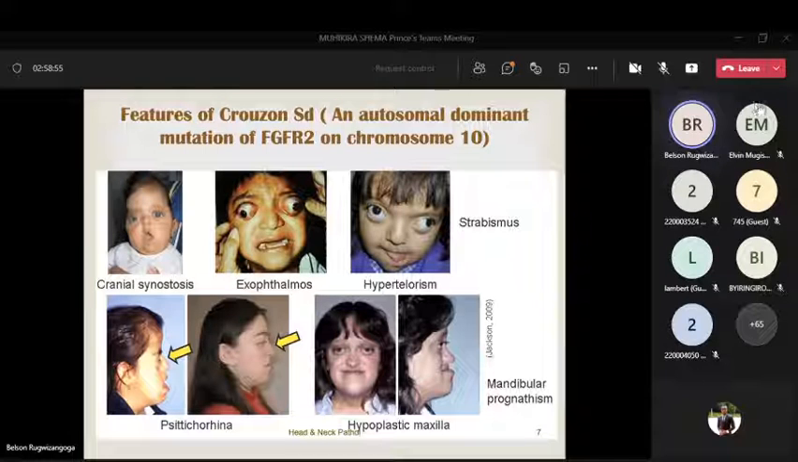Another one, features of a disease called the Crouzon syndrome. They have an autosomal dominant mutation in fibroblast growth factor receptor 2 on chromosome 10. So there are signs. You see exophthalmos, and craniosynostosis. So here their problem is that